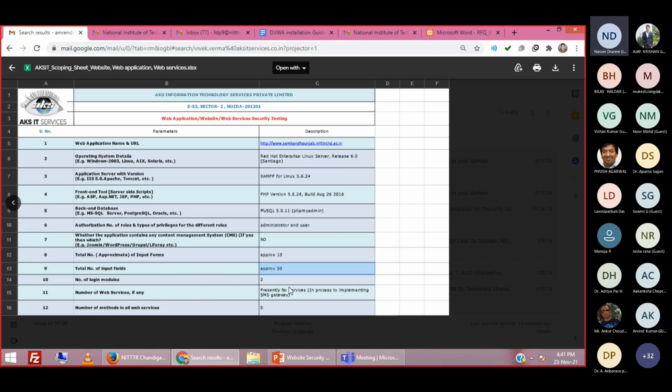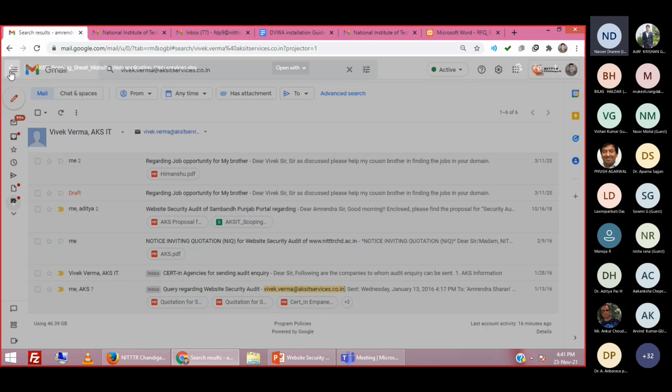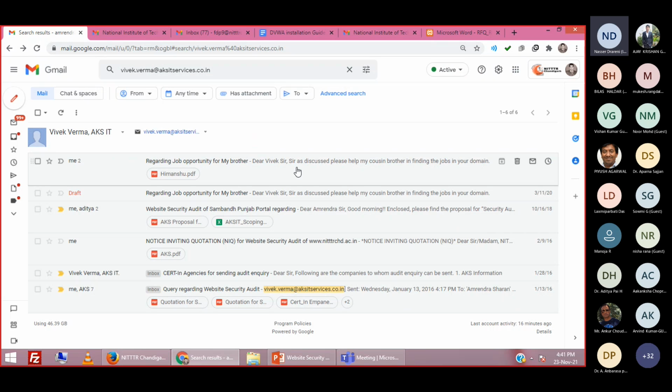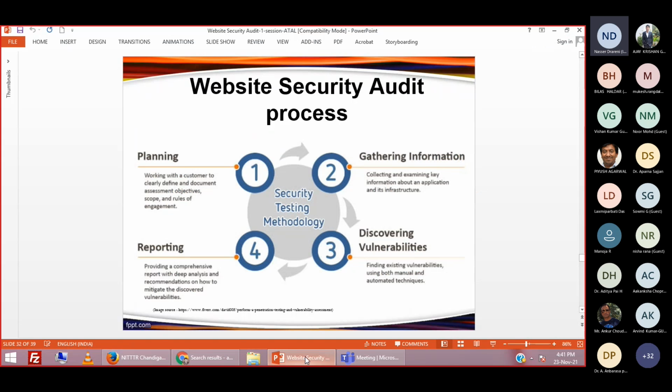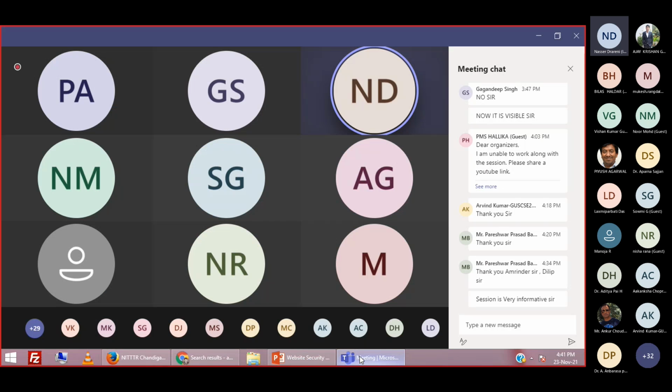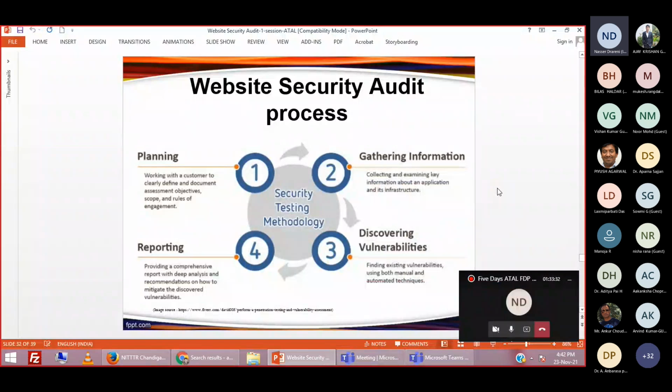If you are using any web services, then you also have to provide the list of web services, right? After you provide all these details, the auditors will make a financial proposal and a work estimate for you, and they will revert back to you along with the technical as well as financial aspects. Out of these 9 to 10 auditors, you can finalize the one with the lowest quote. Lowest quote means the auditor who has quoted the lowest money.